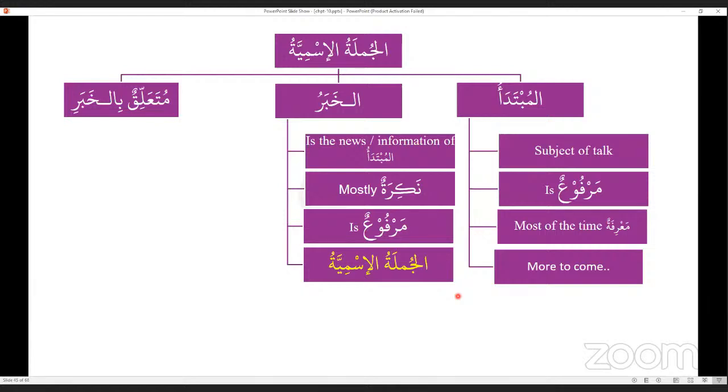And see, there are three states of ism. The ism can be in the state of rafa, it can be in the state of nasab, and it can be in the state of jar. But you know that we only identify ism. Ism is a word. But when we say khabar is rafa most of the time, or it is marfu, how will you say when khabar itself is a jumla? Because it contains many words. It is not a single word.